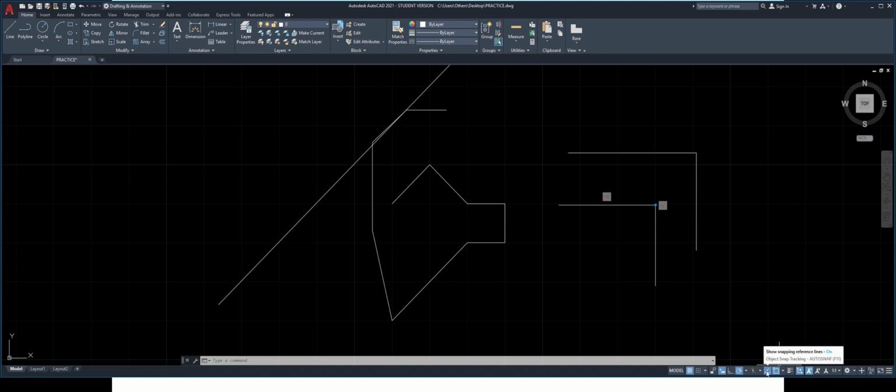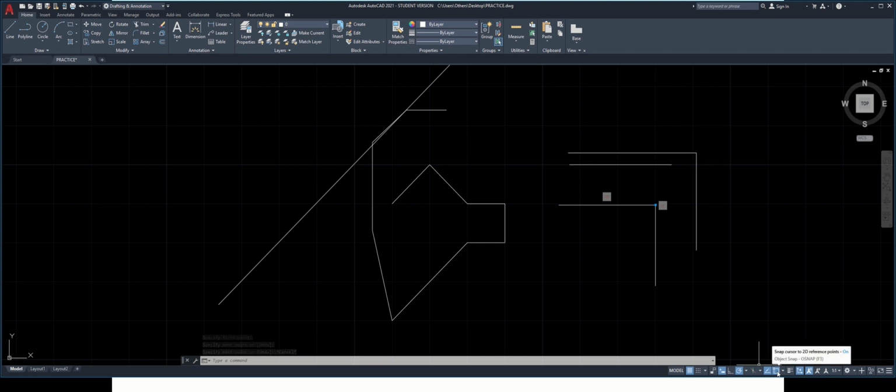Next is object snap tracking. Tracking means you have to track a particular point. Let us say I have to draw a line over here such that this is the reference point. If OSNAP and OSNAP tracking are on, I can just move my crosshair over here and take it in the horizontal direction. Can you see the green dotted line? That line is nothing but the track of the path. It is tracking me along that direction. Similarly, I can track any point on my object, start point, end point. So this is how we are going to make use of tracking.